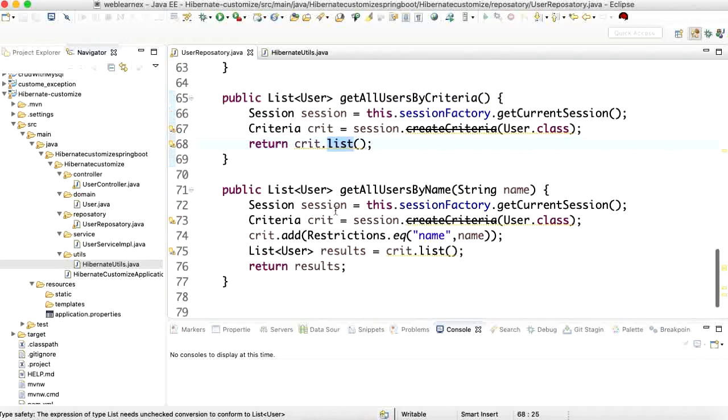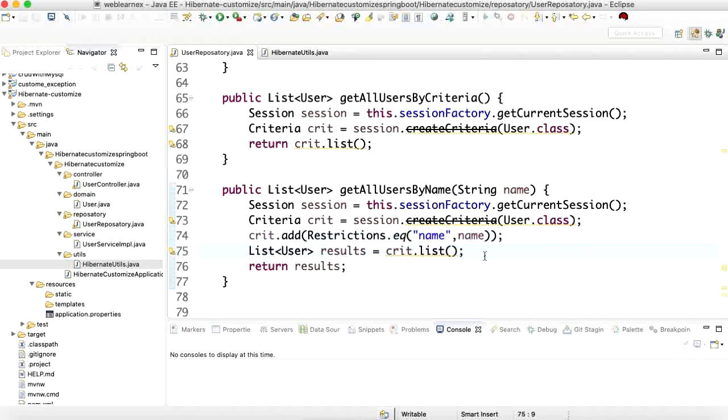And my last query is how to pass restrictions, where the criteria query executes with some restriction, meaning when I pass a name, all the users that exist with this name are returned. I created the same criteria query here, as explained above, but here I pass a restriction: the name should be equal to whatever name I have passed.